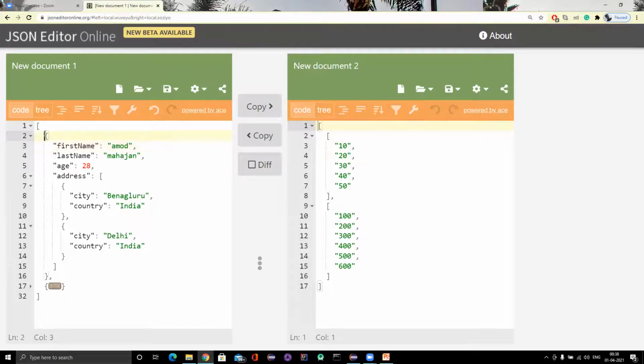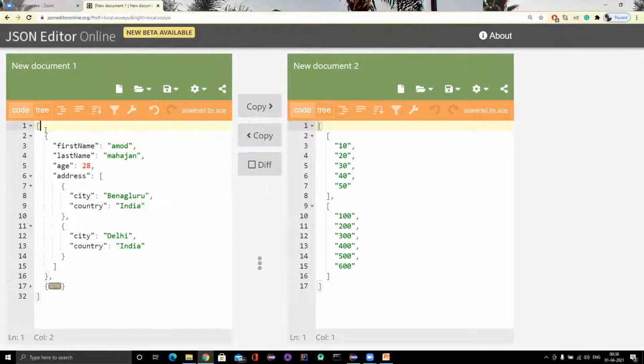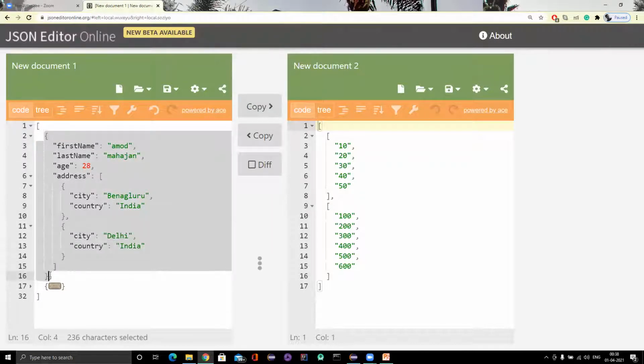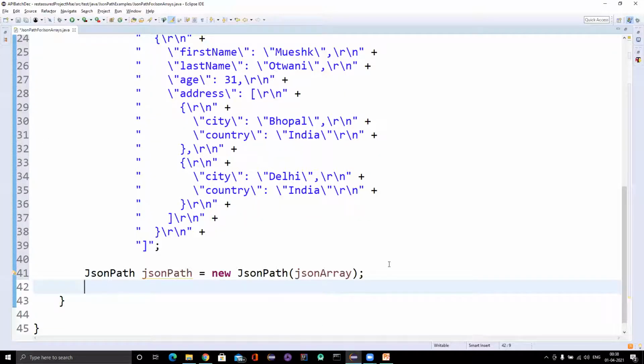So obviously, first I have to jump to the 0th index, which we have learned already in my previous video. Once we use the index, automatically we'll get this much only, right? After this, we know how we can refer to a child element, right? Using the dot operator, which also we have learned in a previous video where I explained to write the JSON path for JSON objects, right? So in JSON path, we denote a child using the dot operator. Okay, so what I need to do? First jump.